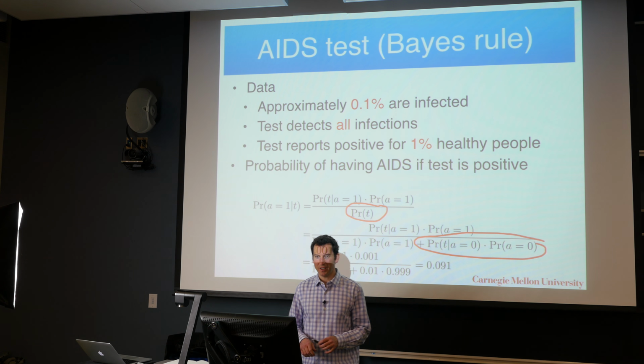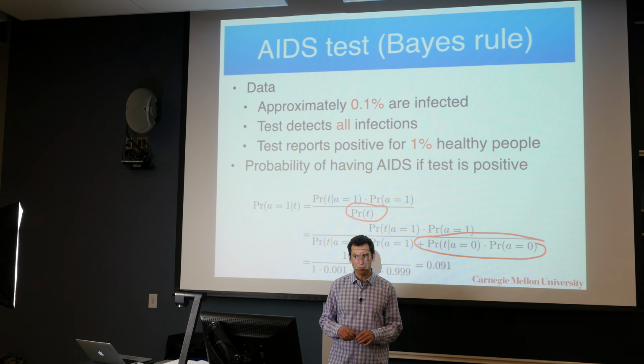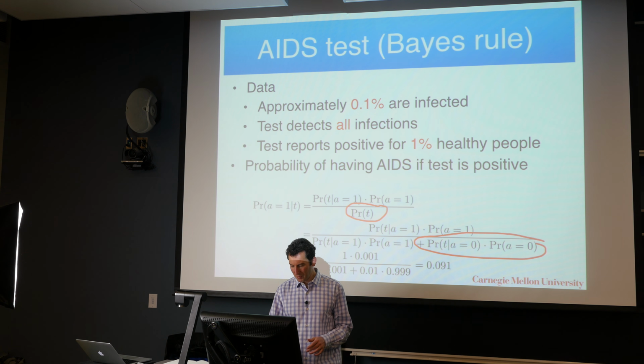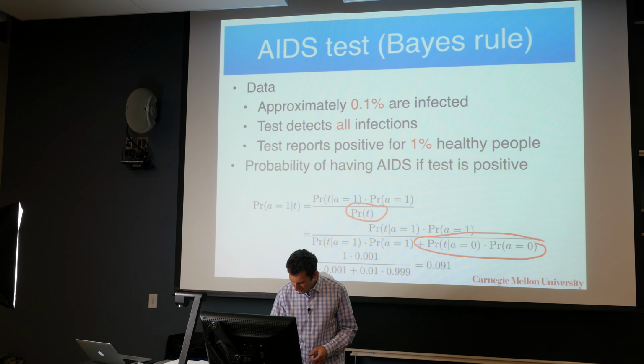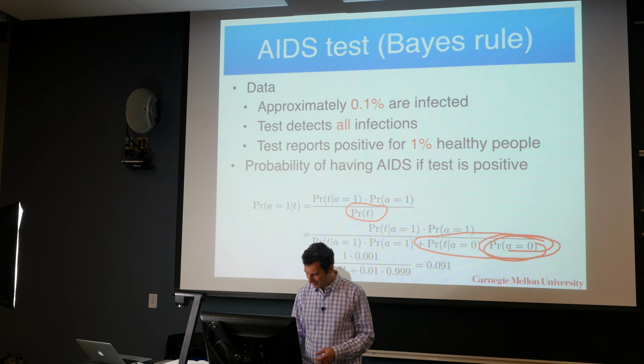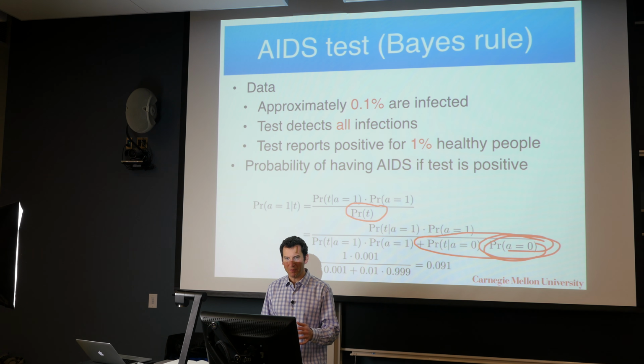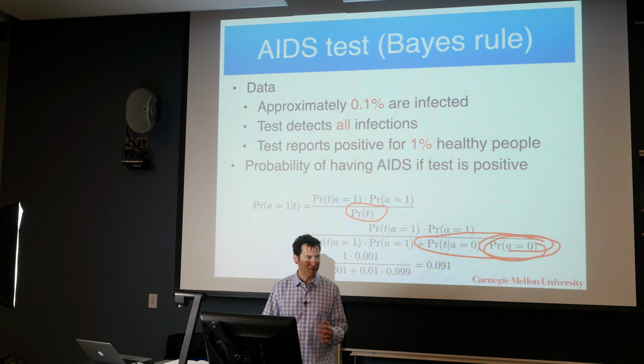Now, if I was somewhere in, let's say, the south of Africa, where you have 20-30% rather than 0.01% of all people having AIDS, then this probability would change quite a bit, right? Because then this number here would be much smaller, whereas this would be larger, right? So that's basically why your prior probability really drastically influences those things.